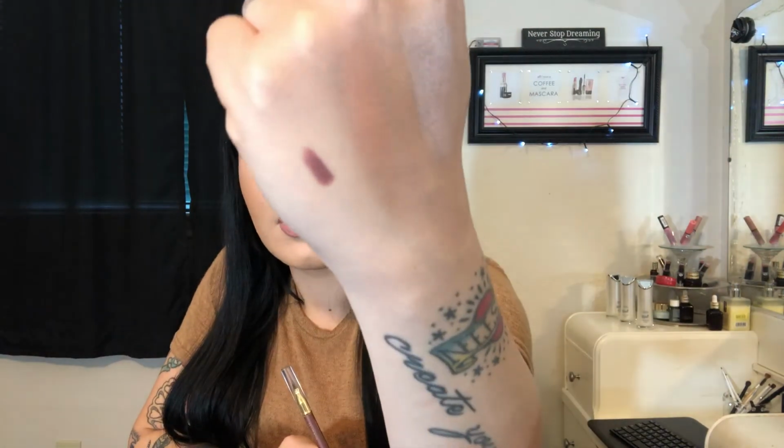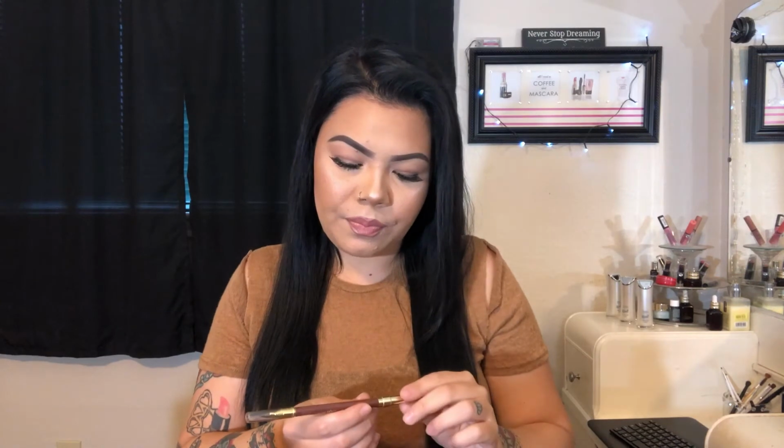So here's the shade Mocha. It looks brown on camera, but it's really not. It's more like, I want to say like a raisin with a little bit of shimmer. And Brick is so gorgeous. I have an Instagram picture of me wearing this with this liquid cat suit in Rebel Rose. This is so pretty. It's like a brown, I want to say like a brown red, but it's so pretty,